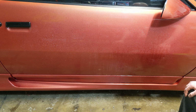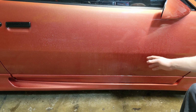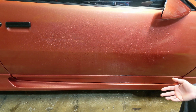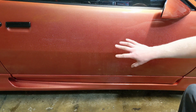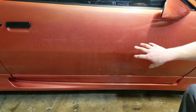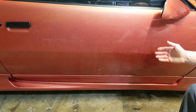So I'm not sure if it's picking it up much or not, but it is running off this side of the door faster than it is this side. I don't have a heavy hose in here to apply a lot of water to the panel or door so you can really see it, but it was coated in the Swift Wipe wireless car wash, so it does have protection already on it. Nice beading, but